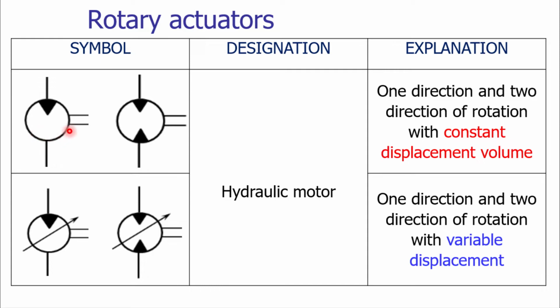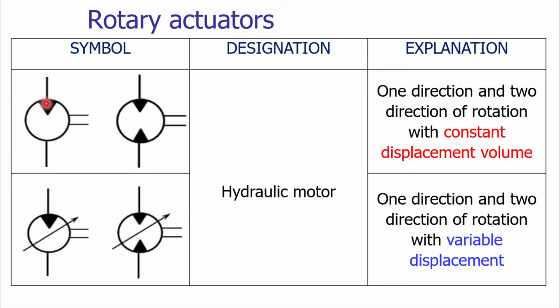The hydraulic motor is working on the principle that we are using the hydraulic energy, and that hydraulic energy will be converted into the rotational energy, and that rotational movement will be utilized for our intended application. The hydraulic motor is also represented by a circle. It is also having a triangle, but the orientation of the triangle is exactly opposite to the orientation of the triangle that we have seen for the hydraulic pump.